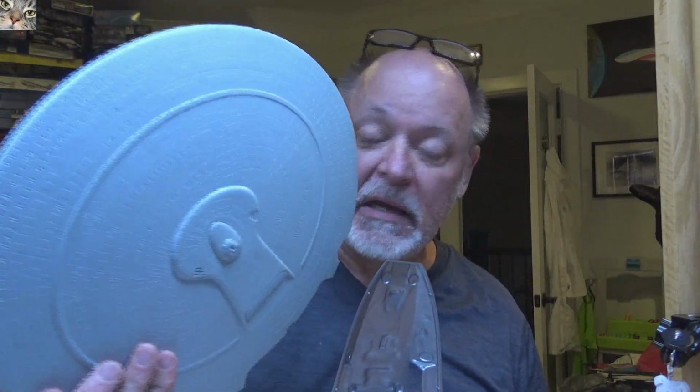And in August, I'll start working on that Battlestar Galactica. It is sitting right next to me, so it is not long and forgotten. And I will continue to reference an unbuilt Enterprise D as we work through the Eaglemoss version of it, so that we can see the differences in the details, because some of you are familiar with the Enterprise D from AMT. Okay, I do have the Cadet